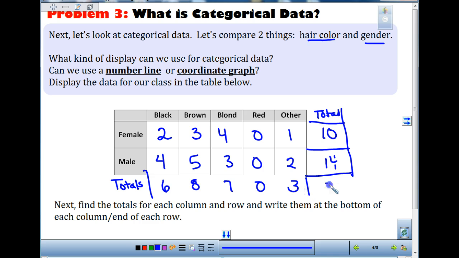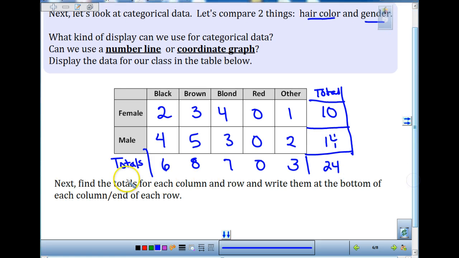Total should be 24 people, and we can add that both ways. So if we're looking at 7 plus 3 is 10, plus 14, that gives us 24, and 10 plus 14. So finding the totals in each one, we can now keep track of each of these. Now, this is just another way to display the data. We're not going to do the in-class survey. We're just going to look at this information, and we will then practice looking at the next